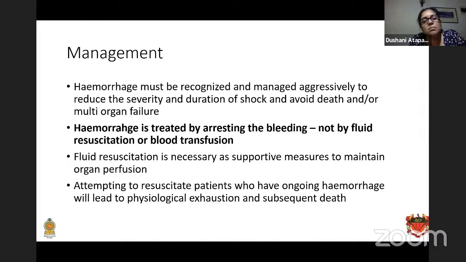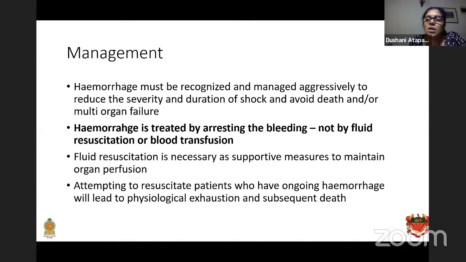As I said, hemorrhage is treated by arresting the bleeding, not by fluid resuscitation or blood transfusion. But saying that, fluid resuscitation is necessary, it's very important as a supportive measure to avoid the patient going into